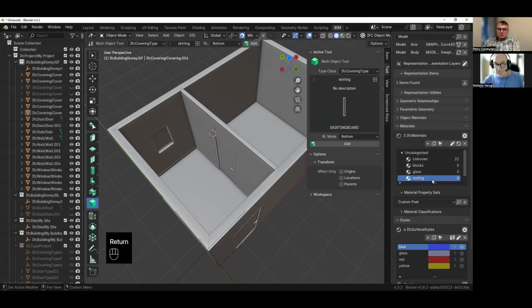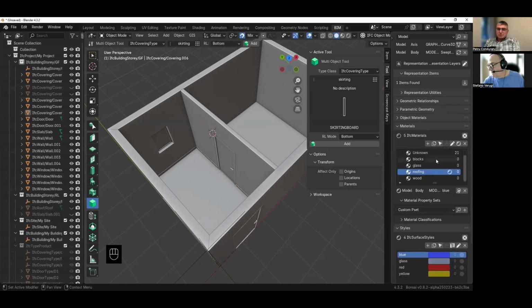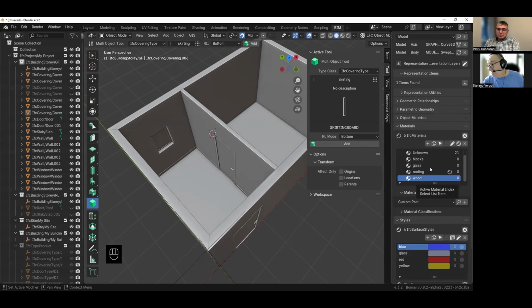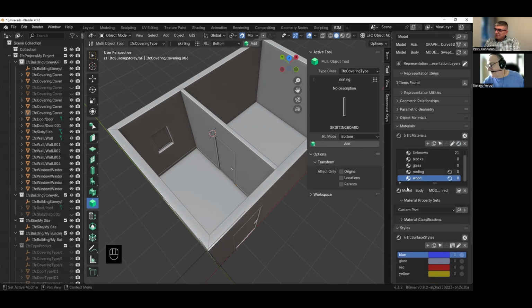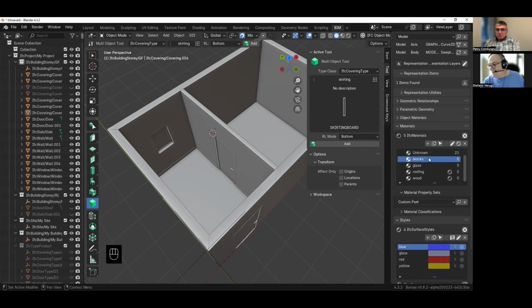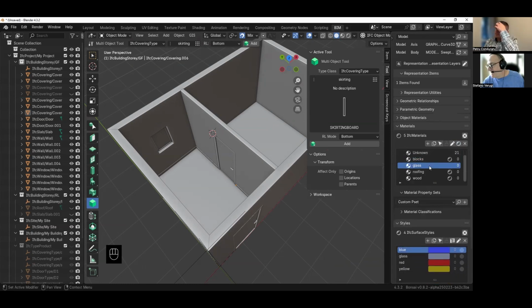So the roof, I want the roof blue. So I come to the roofing style, I have blue already as a style, edit the style, and I assign blue to this material. Then I want the wood to be red, bad choice, but red. And I want the blocks to be yellow. And the glass to be